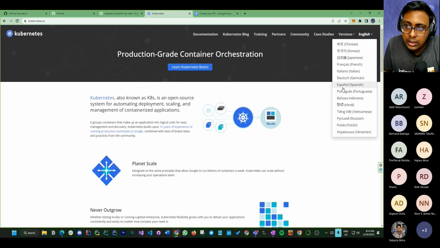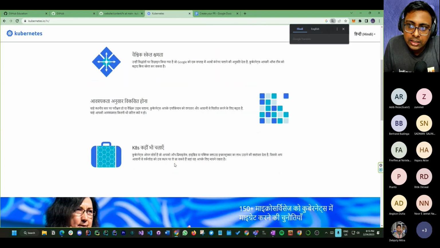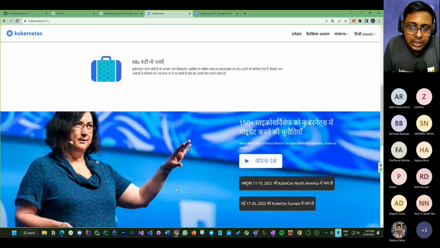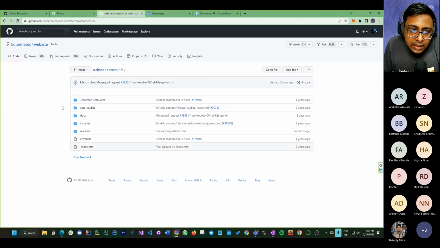If you go to Hindi, you can see it is in Hindi. All of these things are done in Hindi. The team created these files, and as a contributor, you can do that too. If you want to be a maintainer, or there is no branch or localization or translation for your own language, you can do that too.